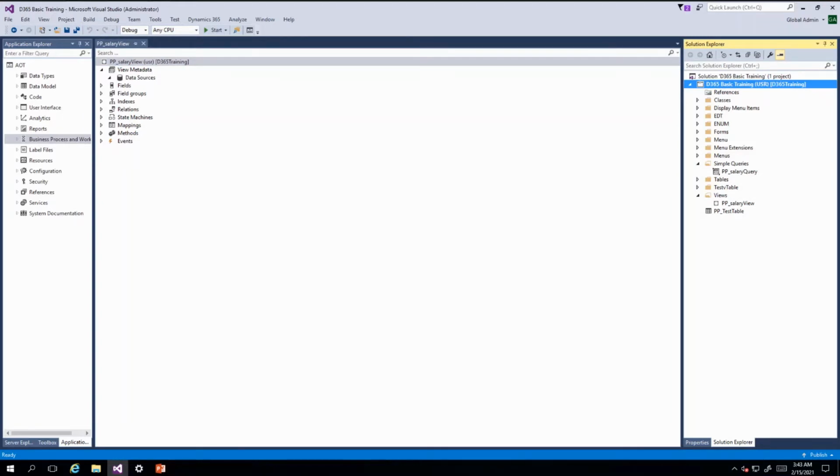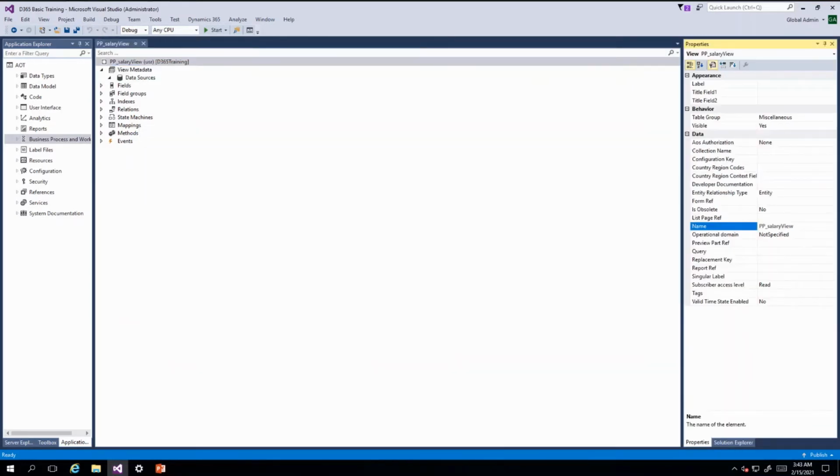The same query I am going to use for today's video. Here you can also create a query again for yourself, you can do it yourself. Here you can create your query. I will use my query which I created in the last video. I will use the same here. Go to properties. I will write my query.